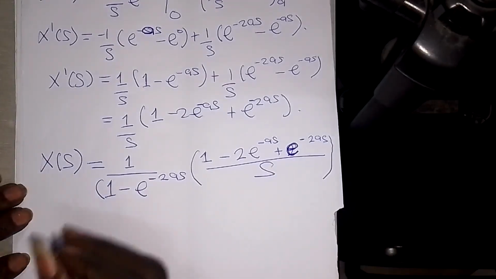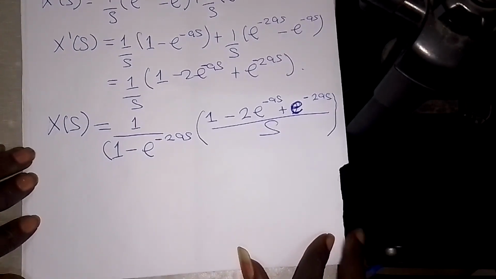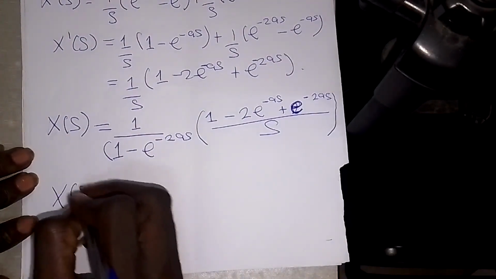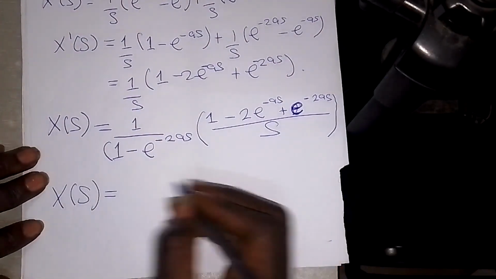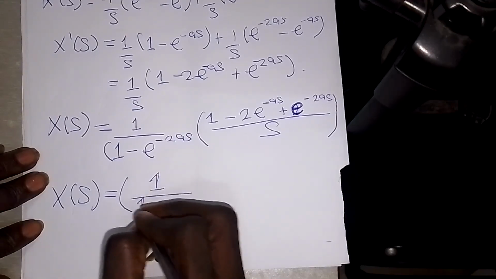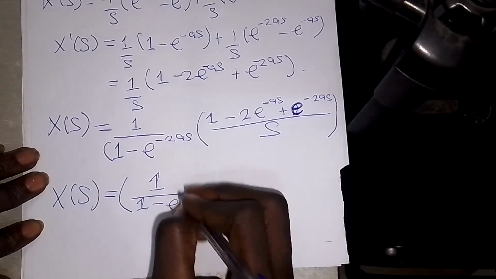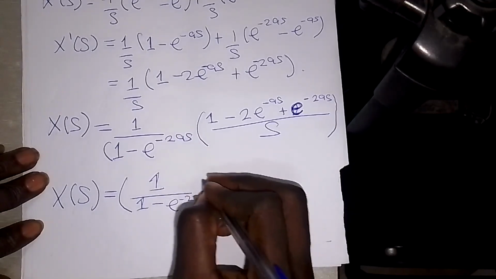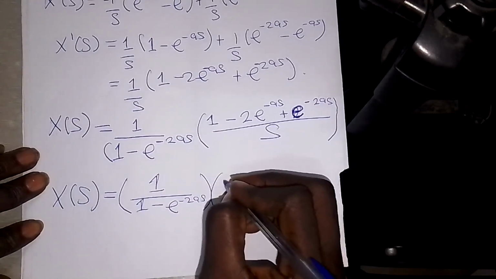So now my Laplace transform is x of s equals 1 over 1 minus e^(-2as)